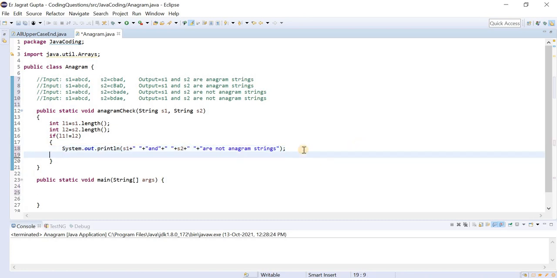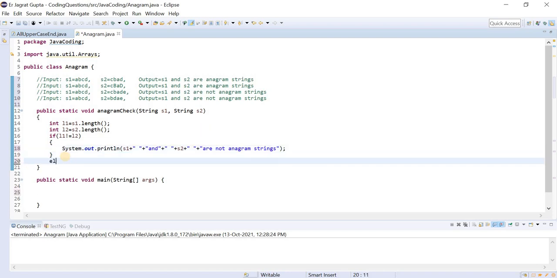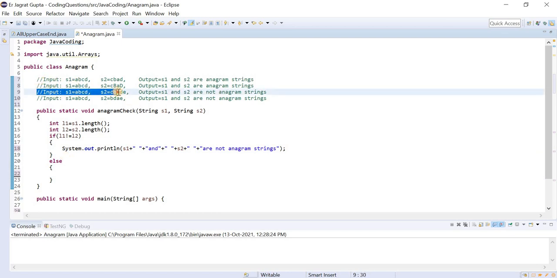Now if this is not the case, meaning the else case, what will we do? This case you can see we already covered. Now the next case that we need to cover: all these three cases, first case, second case and fourth case.